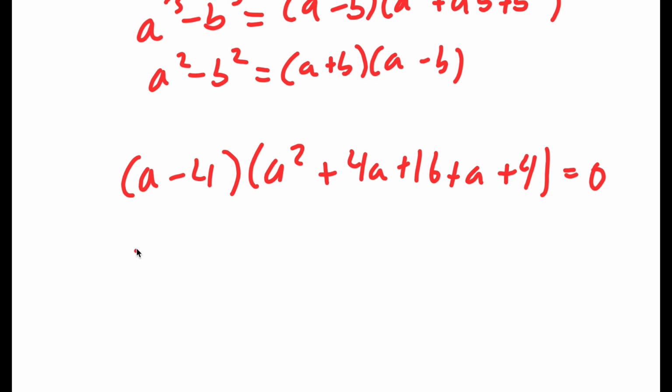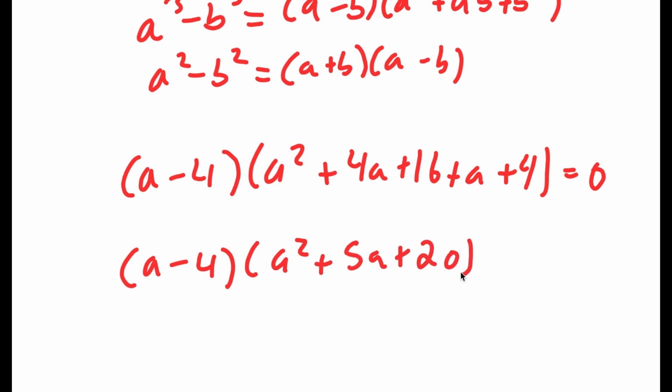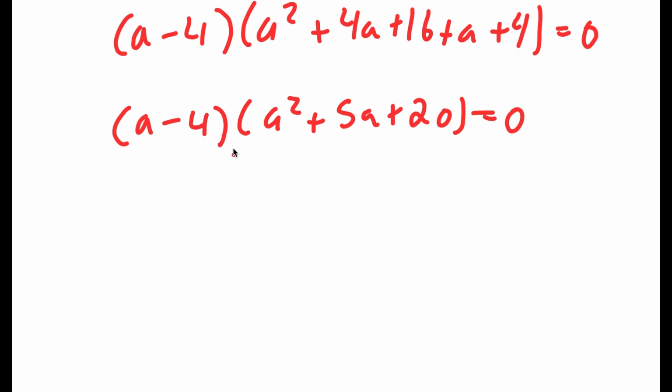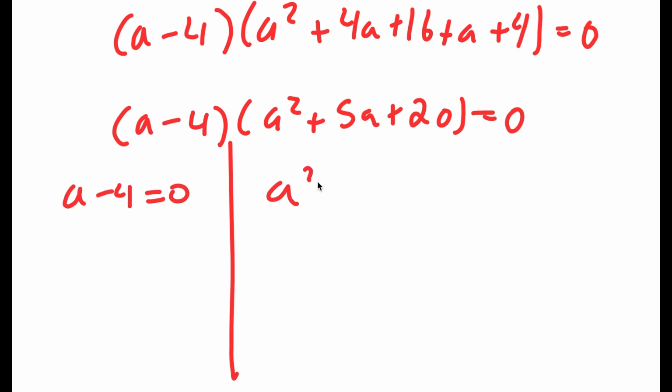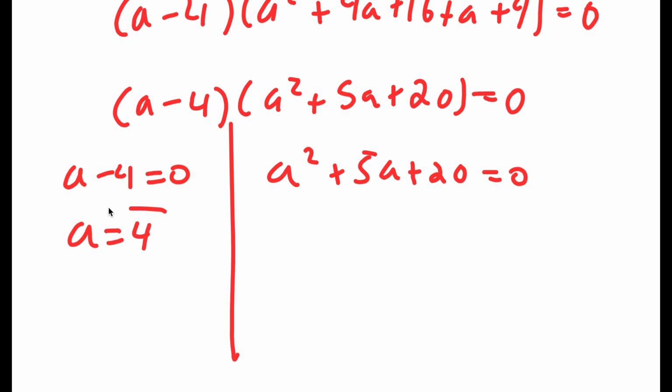And this simplifies to (a minus 4) times (a squared plus 5a plus 20) is equal to 0. So now this gives me two equations. I get a minus 4 is equal to 0, and a squared plus 5a plus 20 is equal to 0. So for a minus 4 equals 0, a is obviously equal to 4. And for a squared plus 5a plus 20 equals 0,